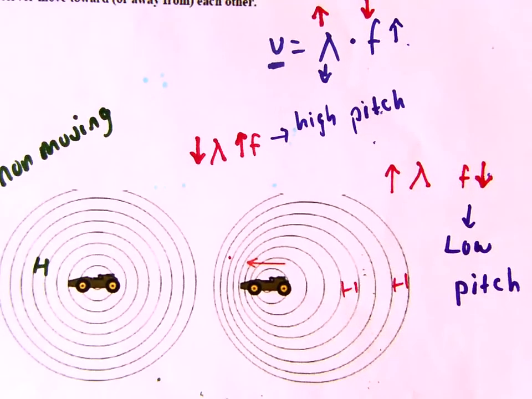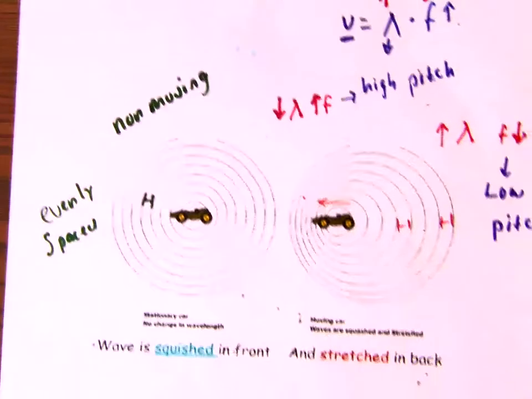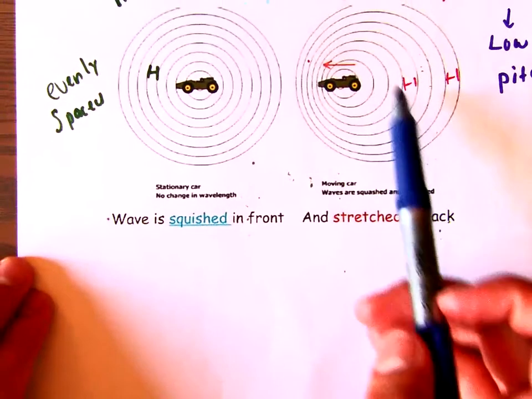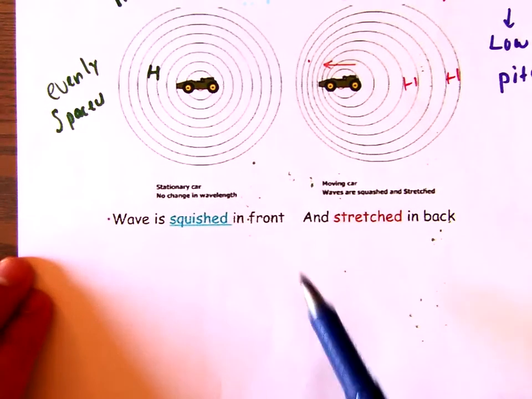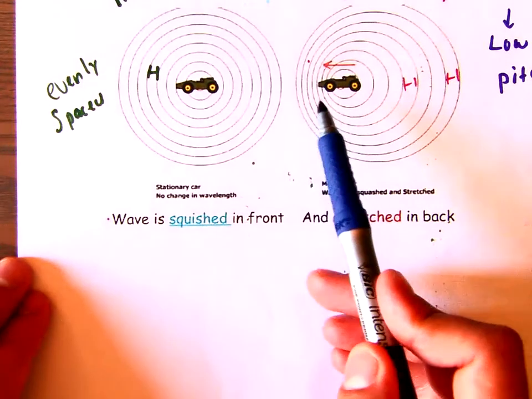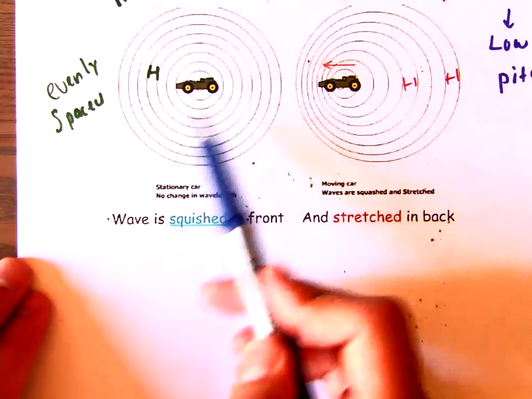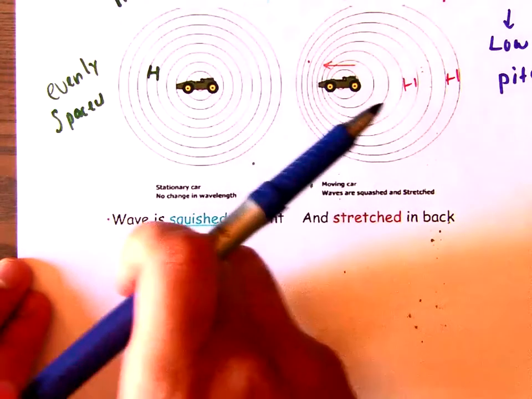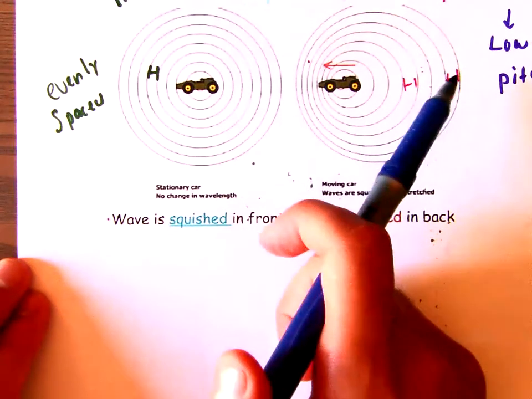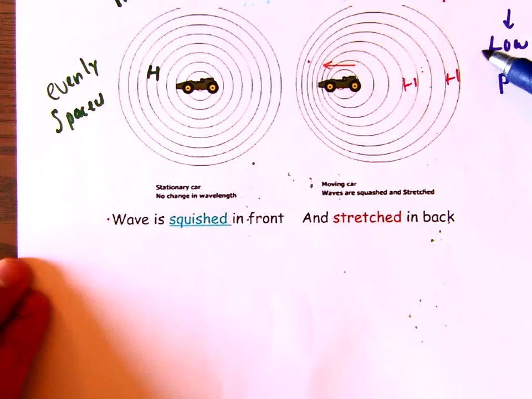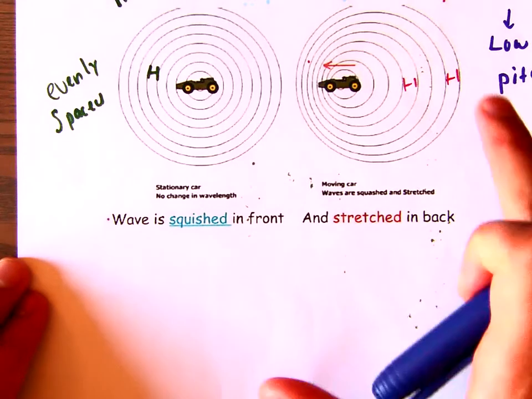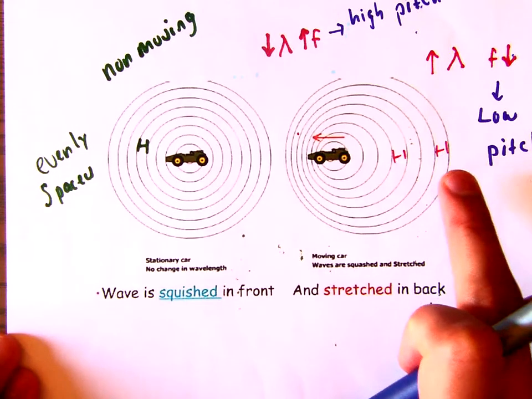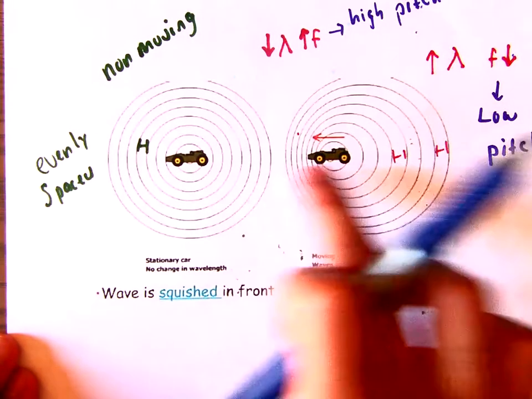And for part of your assignment, there's a part where you have to do an illustration. You're going to be creating a moving sound source. It's really up to you, and the main things are you have to have a moving sound source. The waves have to be not evenly distributed because it's moving. So if it's moving this direction, the wave should be squished here. If it's moving in that direction, the wave should be squished in this way. Additionally, you have to explain how the frequency and wavelength change at each part. So is the frequency smaller or greater on each part of the wave?